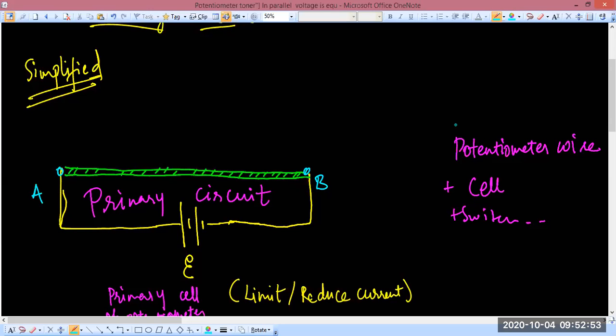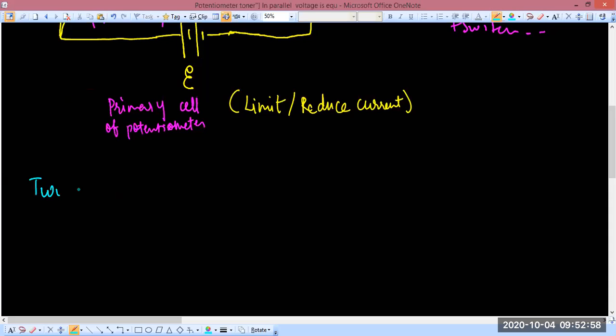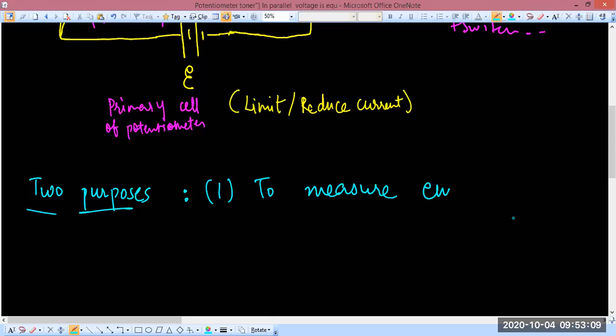Potentiometer has two purposes. Which two? Write them down first. Two purposes, right? It has two uses. Which two uses? Number one, to measure EMF of cell or battery,